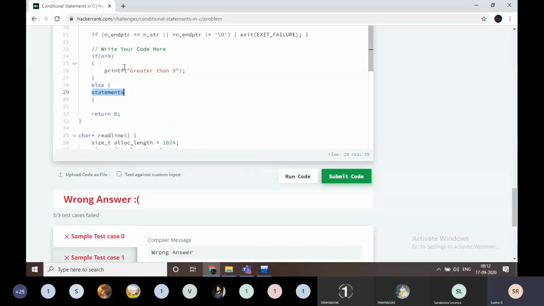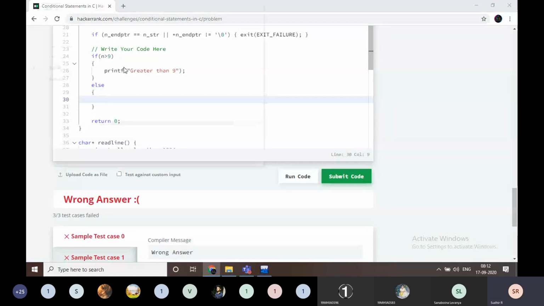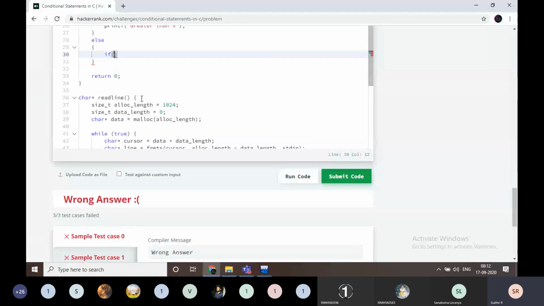Else, that means if it is less than or equal to 9, we have to write if n is equal to 1.